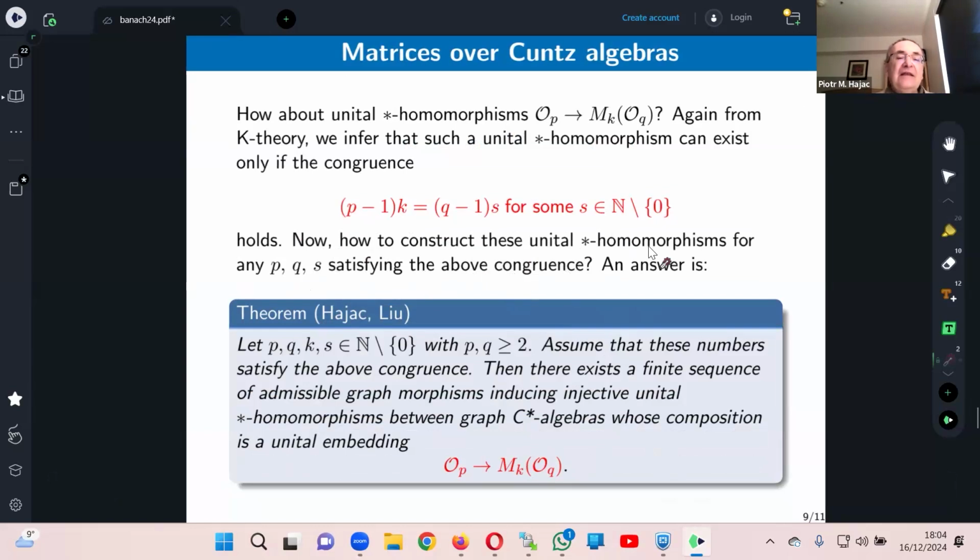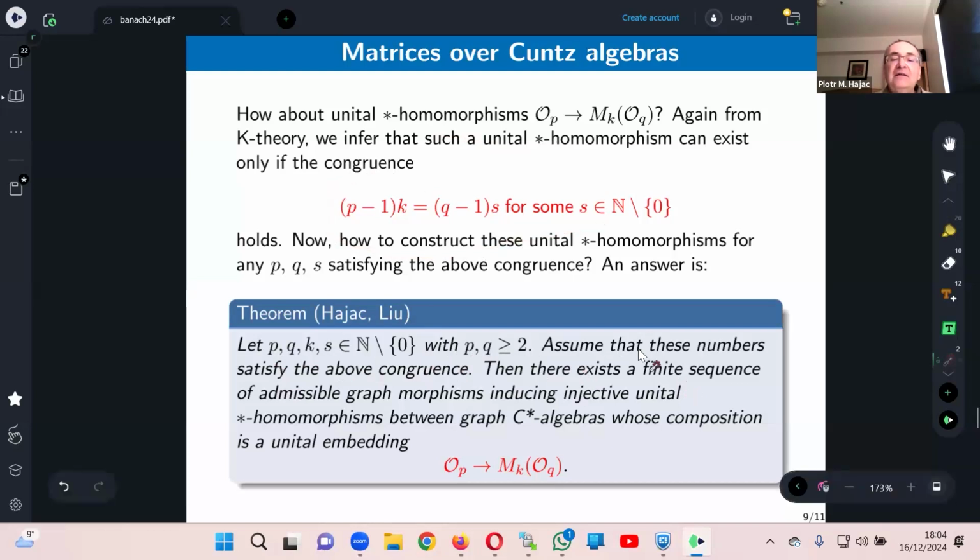Namely, the main theorem that we have is the following. If you take these four positive integers, P, Q, K, and S, with P and Q at least 2, and assume that these numbers satisfy the above congruence, then there exists a finite sequence of admissible graph homomorphisms,